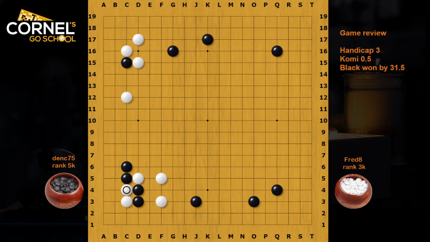Interesting to think about the sacrifice here, but white also has the option to play d2 and then cut. It's very difficult for black to kill the corner because black is also in danger with the outside stones, so black might go for a trade. Push a few times like this. Oh, in fact,